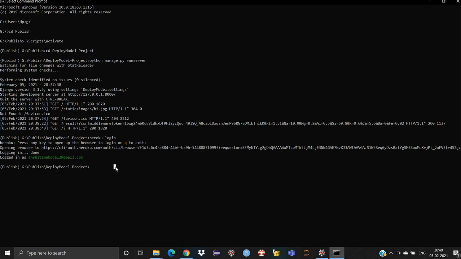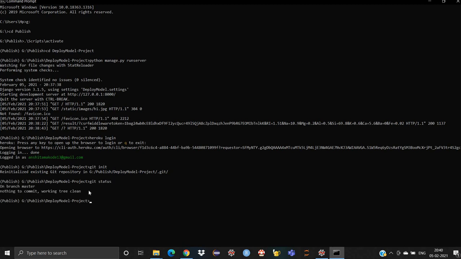After that, let's initialize git with git init. I've initialized it. Let's see the status: nothing to commit, because I didn't change anything. Everything is the same. I didn't modify any of my files or folders, so it's normal. Then you don't need to commit either, but for the sake of you all, let me commit these files. Git commit, and you can type anything here. Okay, it's done. There's nothing to commit.